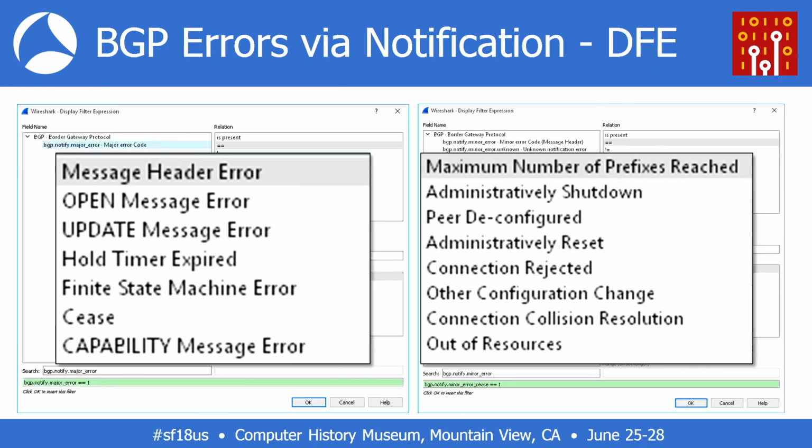So this display filter expression, as I mentioned before, I learned a lot from it. Every time I go to Wireshark, I go to the display filter expression. I'm not reading the source code, though I also have the source code of the BGP dissector. With the display filter expression, I jump in and see, okay, something happens: BGP notify major error,